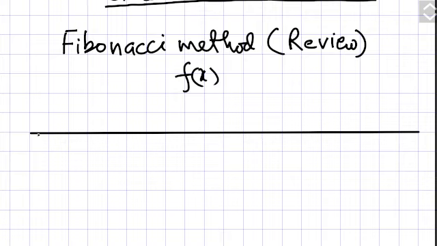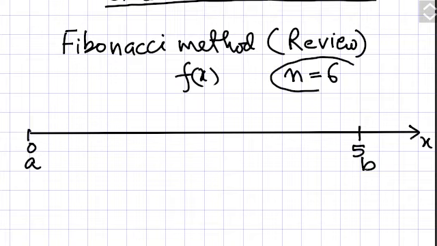Suppose this is the x-axis and this is 0, and an interval is given like this. Suppose this is 5, and these are called a and b, and then you have to find the minimum of this f(x) in this interval between a and b. The number of iterations or number of experiments is given at the beginning of the question. So what you do in this question is that